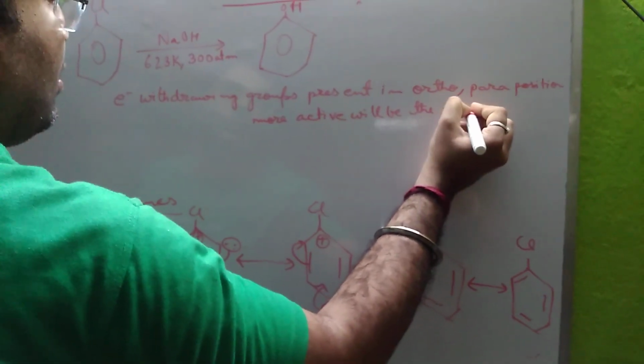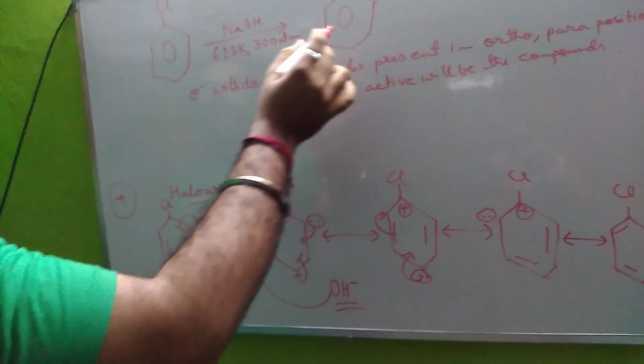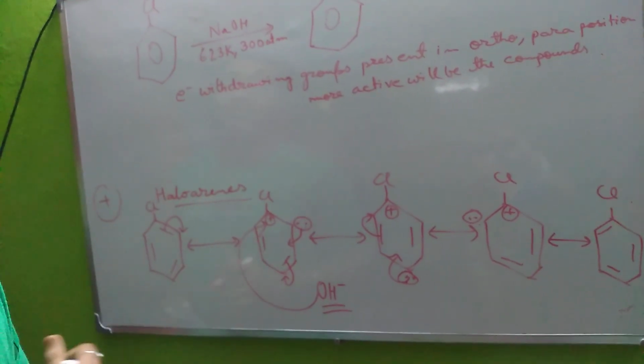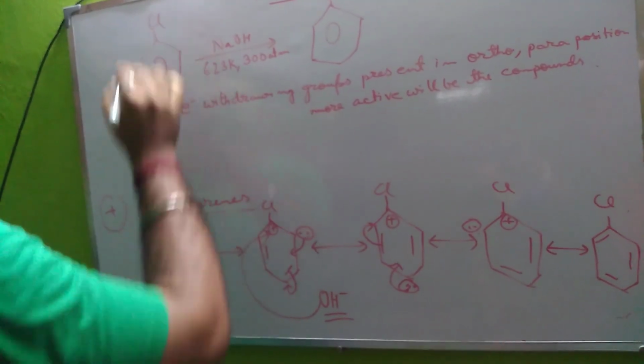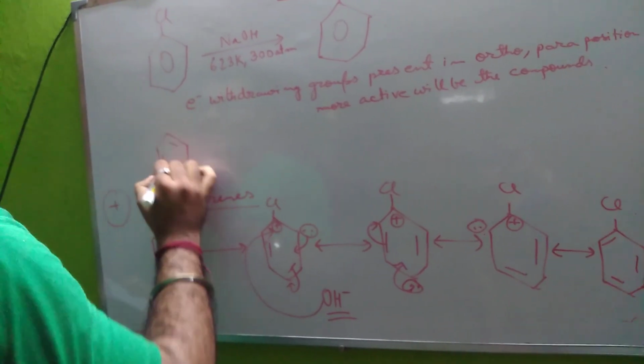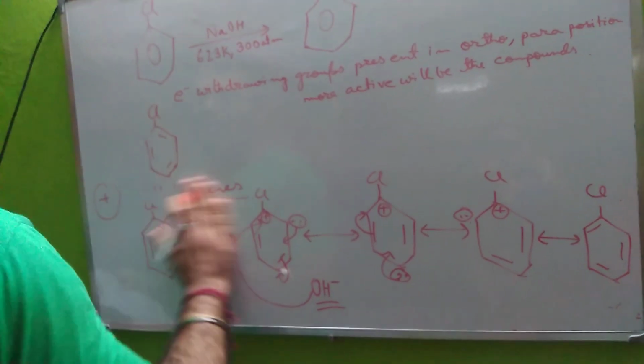Over here, is there any electron withdrawing group present? No. So what happens actually, see, over here only one Cl was present. Now if I bring a Cl over here and a NO2 over here,